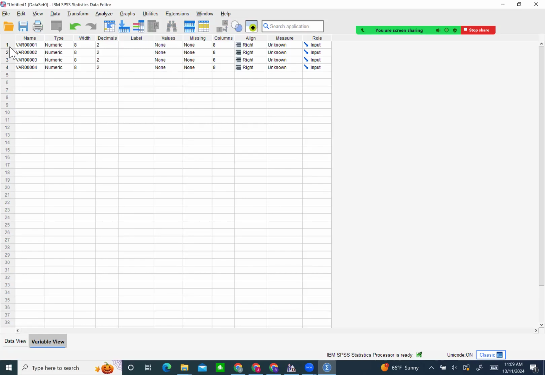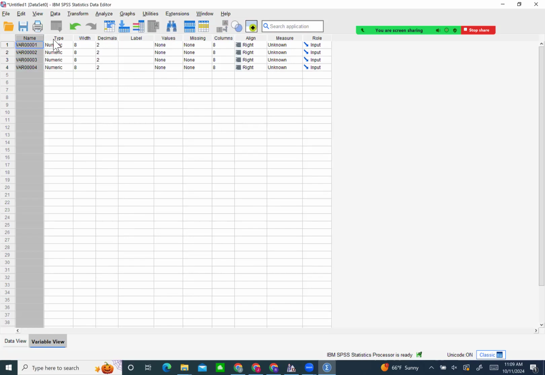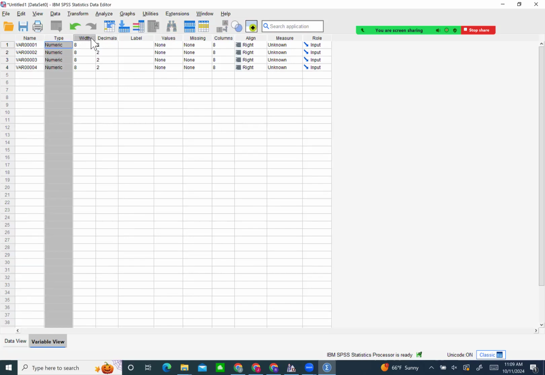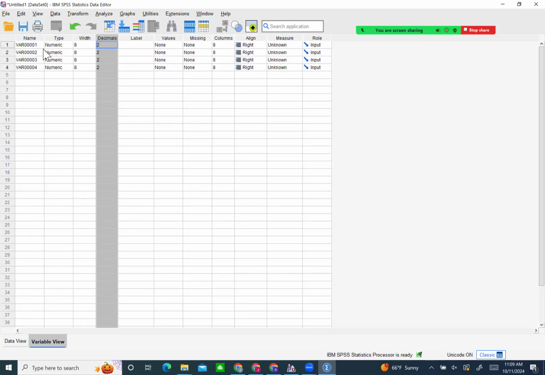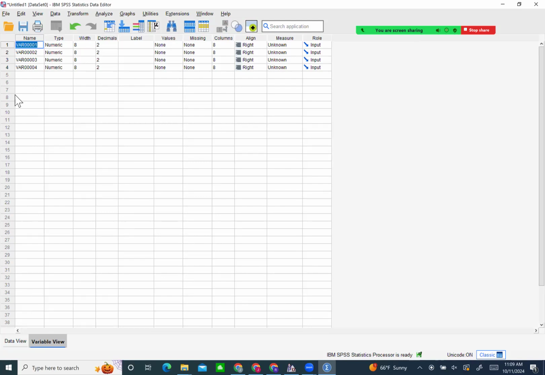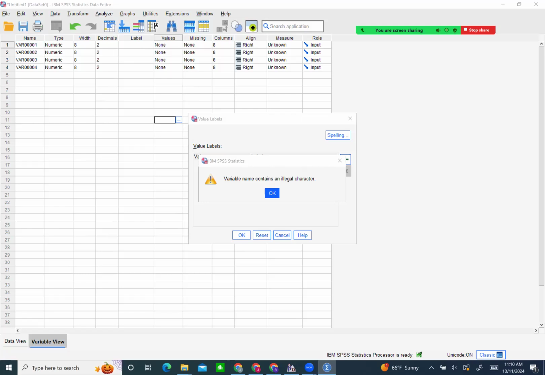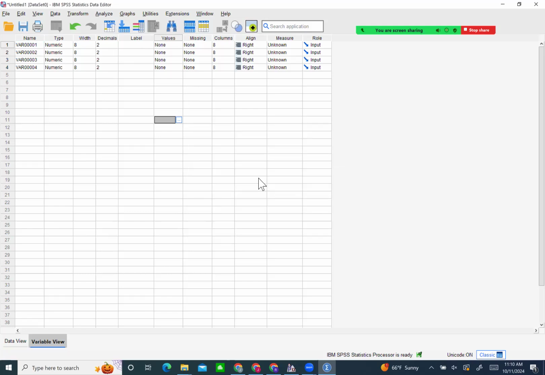In variable view, I can see all of my variables displayed in rows, and all of their properties displayed across columns. Let's start by giving the variables some meaningful names. In SPSS, you can name variables almost anything, but there are a few restrictions. You can't use spaces, most special characters, or start a name with a number. So just to show, if I tried to add a space, or if I tried to add a number at the beginning,